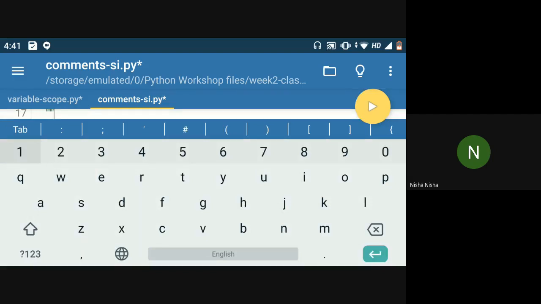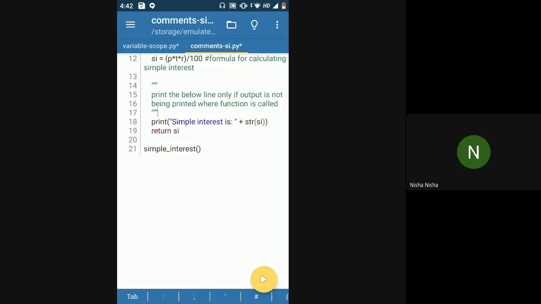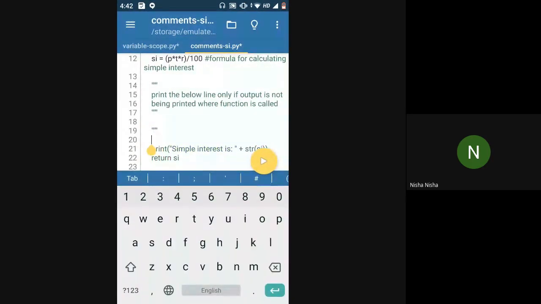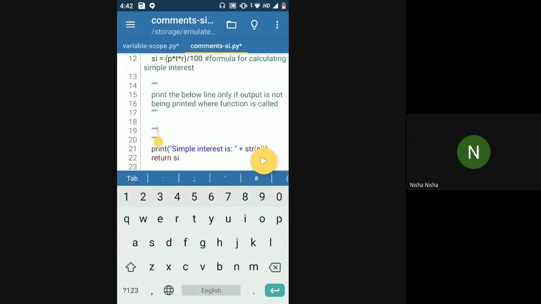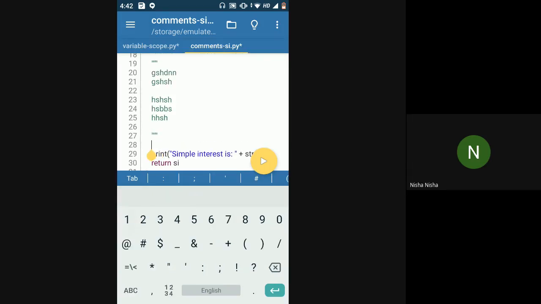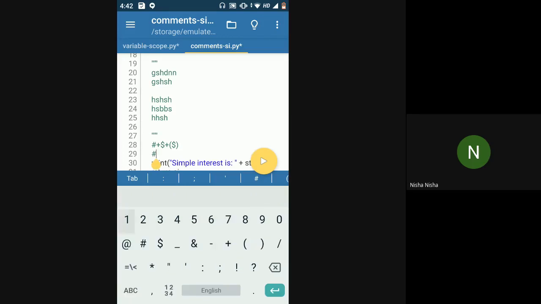You just have to put a double quotes. This is a double quote start and a double quote end. And whatever comment you want to write, you can write it in between. You can write any number of lines in between, and you don't have to worry about the hash character. So your effort is getting saved. Like if you would have used a hash character, then for every line that you write, you will have to put a hash character at the start.